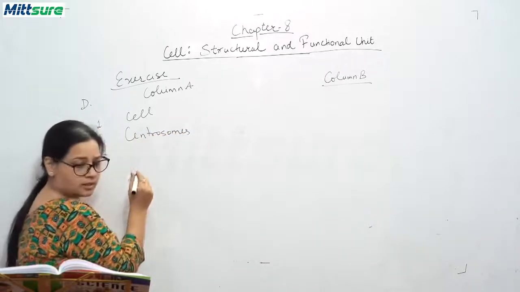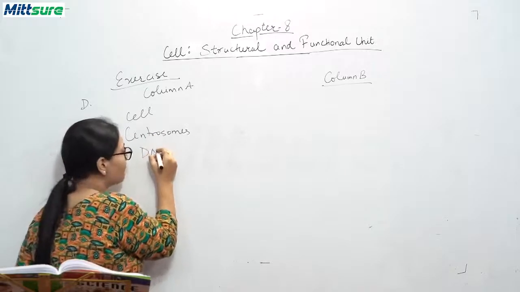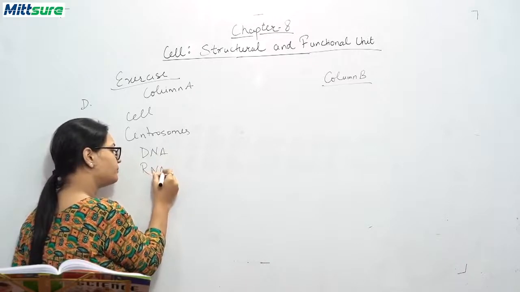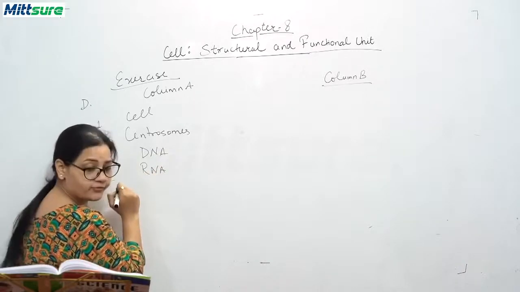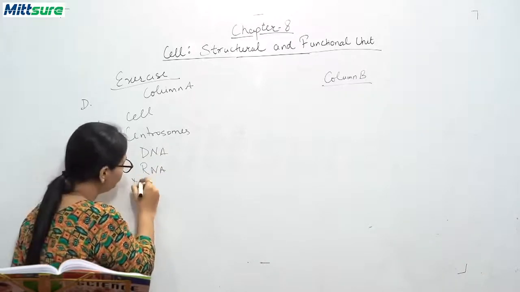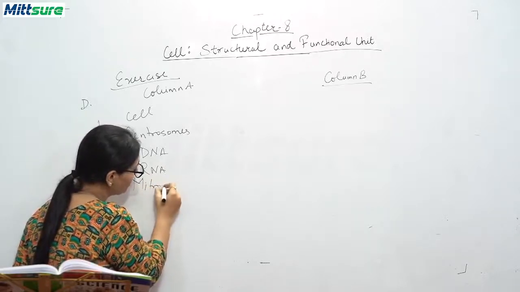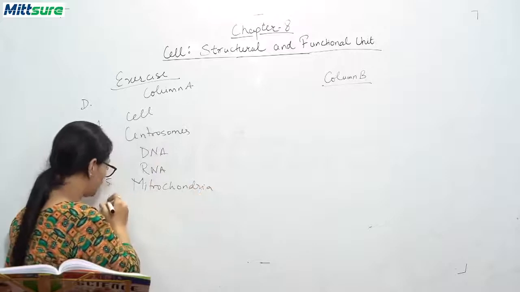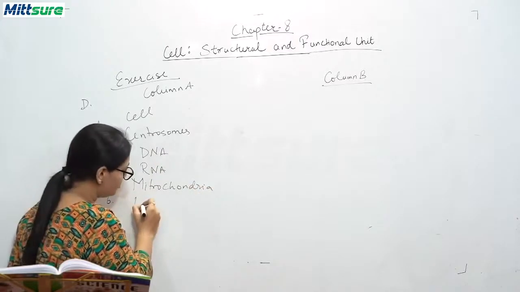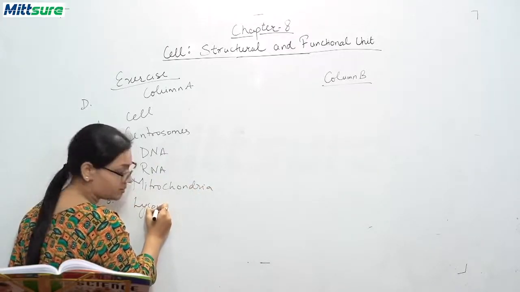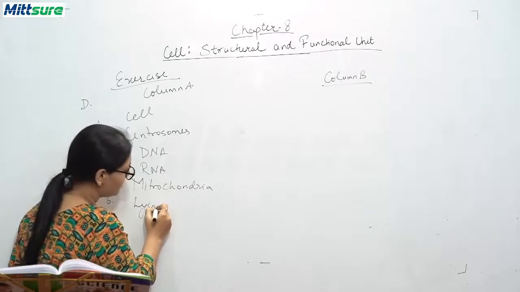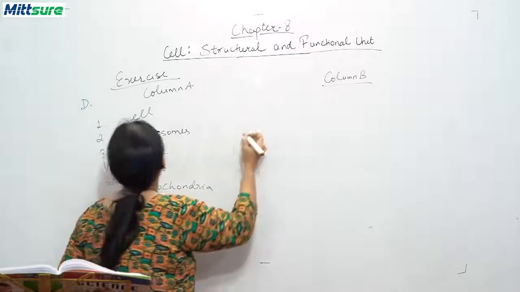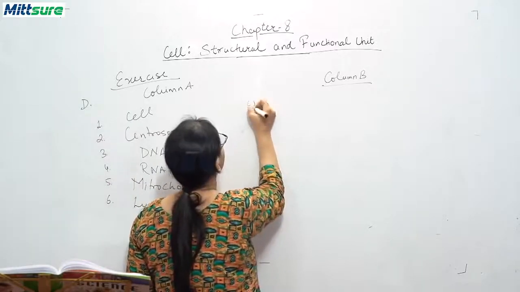Third is DNA. Fourth is RNA. Fifth is mitochondria. Sixth is lysosomes. Okay, so the column B is